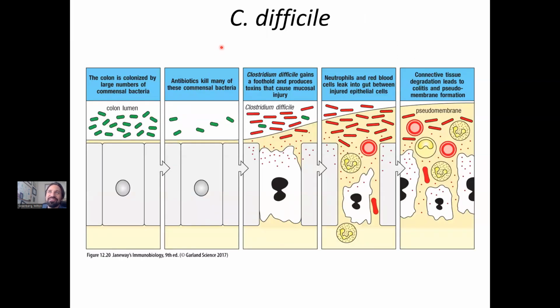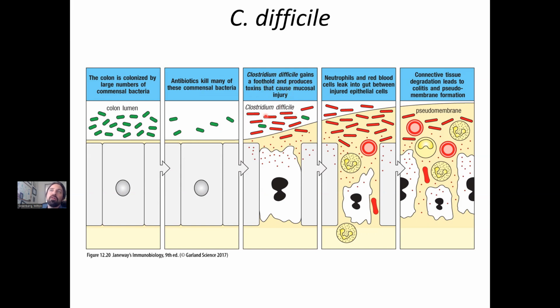Okay, so another example, this is Clostridium difficile. Clostridium can happen secondarily to antibiotics. In this case, normal commensals provide a nice barrier to help prevent Clostridium from taking hold. But with an antibiotic regimen that you might have for something like an ear infection, you're going to kill a lot of commensals in your gut. And as such, Clostridium might take hold. There could be Clostridium in you already that wasn't killed by the antibiotics, and now that Clostridium has a wide open range to start proliferating and dividing,